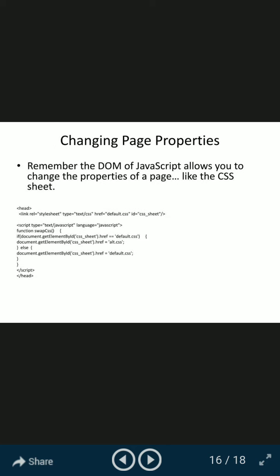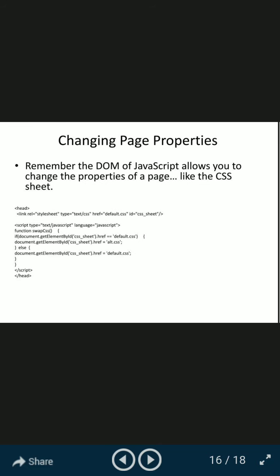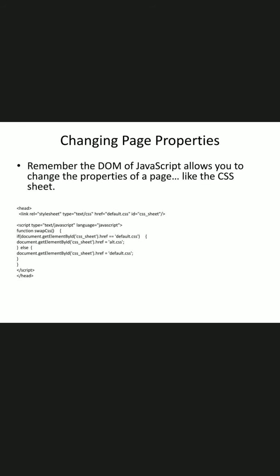The next property of JavaScript is changing page properties. Remember, the document object model of JavaScript allows you to change the properties of a page, like the CSS sheet, that means cascading style sheet. Here is the head link, the code of CSS, and then you have to start script type.